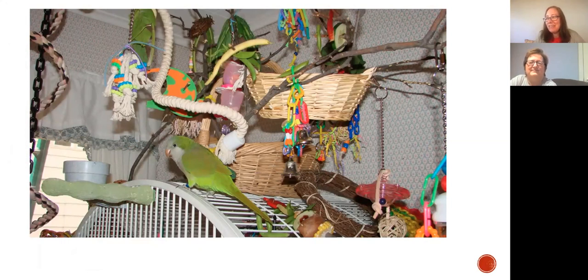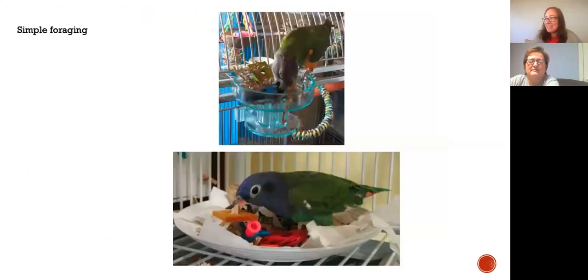You've got so many textures and you've got food hanging different ways. I would want to be a bird in this environment. It's like the land of plenty. You see cucumbers and different peas and greens and baskets to shred. So yes. Okay, and then simple foraging toys, again, it can just be a plate, or something that